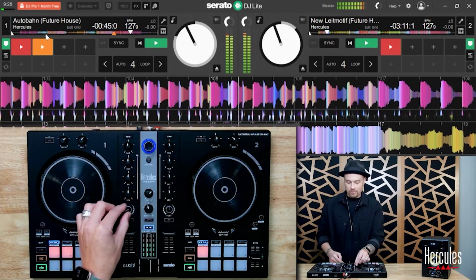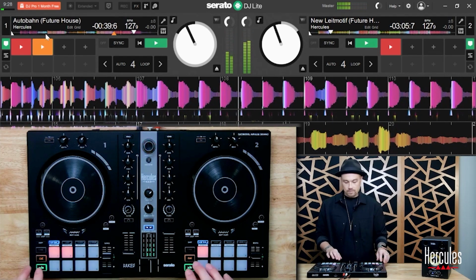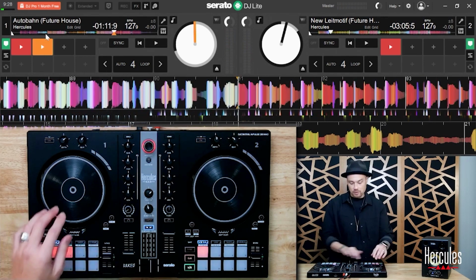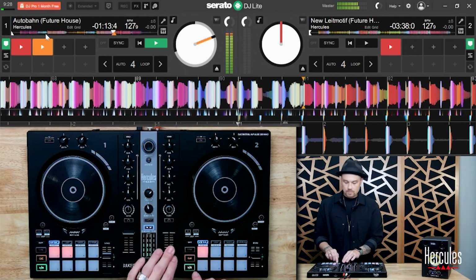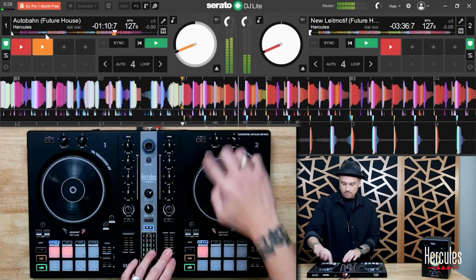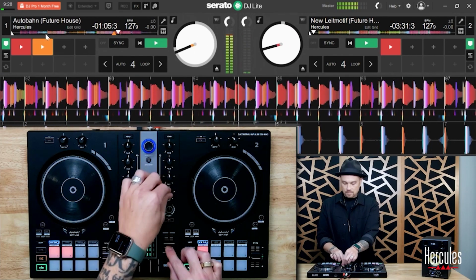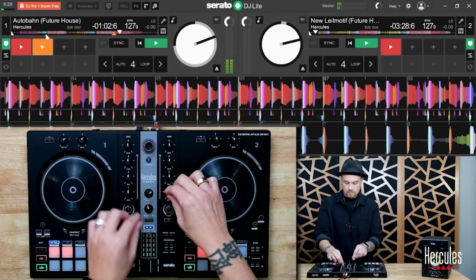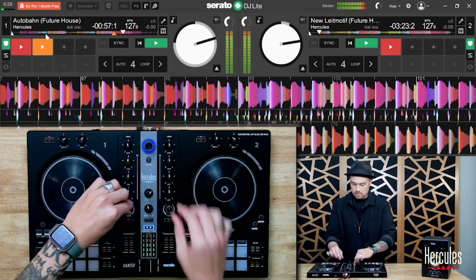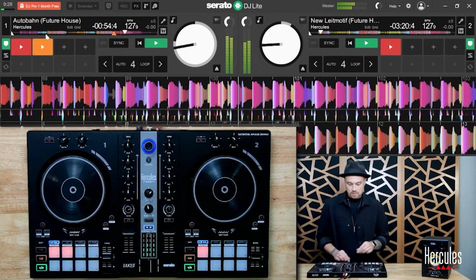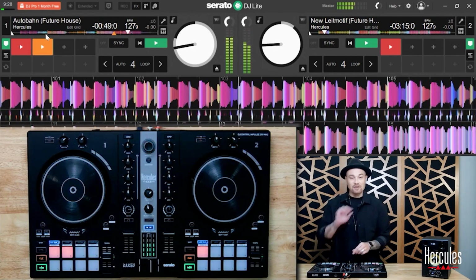Notice I'm not touching any of the other EQ. Now I can do the same thing with the high pass filter. Let's try that. Make my adjustments. It's eliminating the low, just giving me the high frequencies.